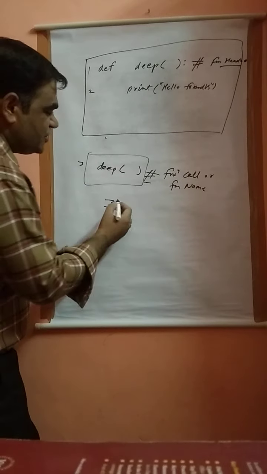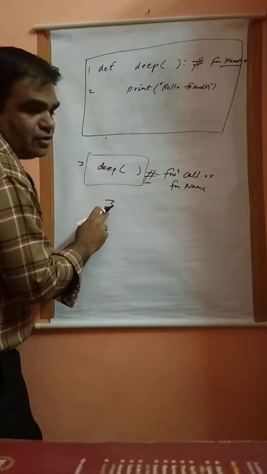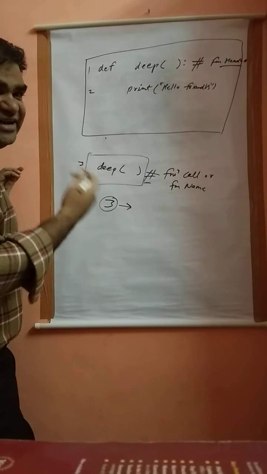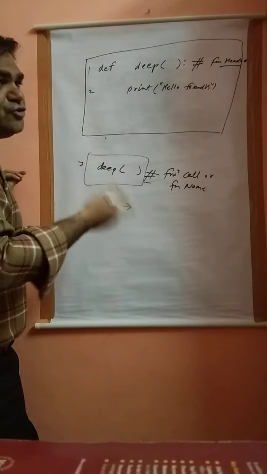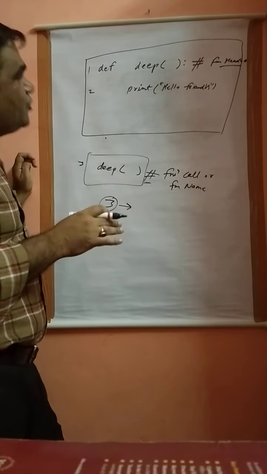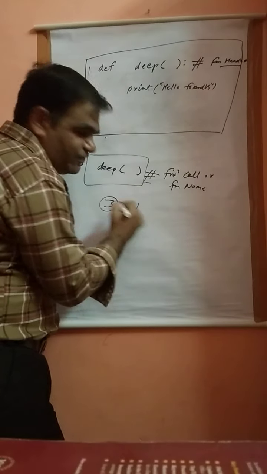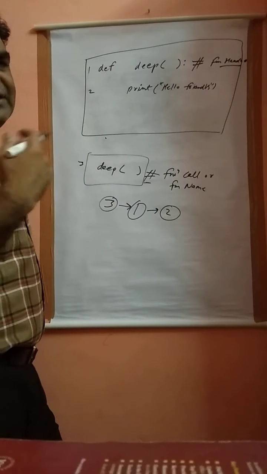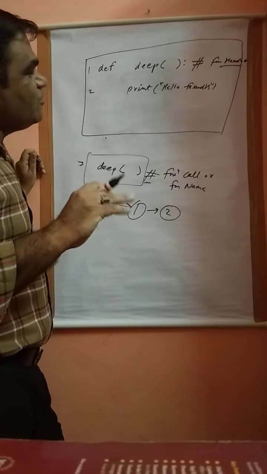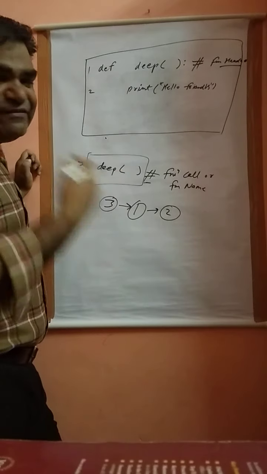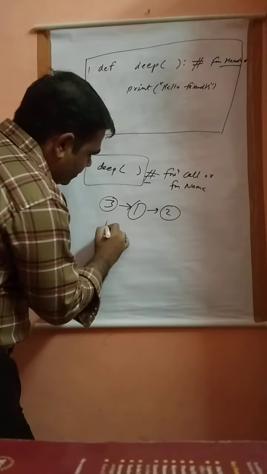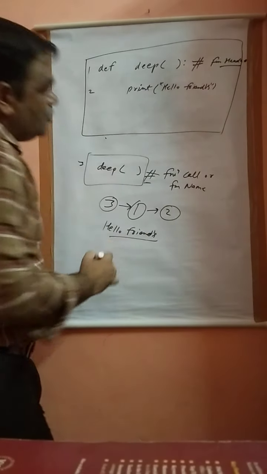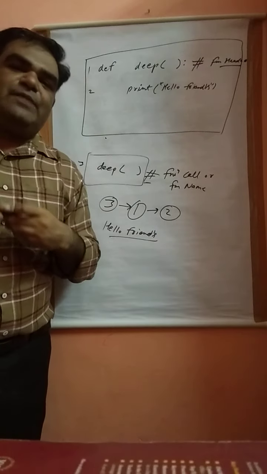So what is the program execution? First our control goes to the function call, so I write here 3, and after that control goes to the function definition. If the names are the same, then it will execute. If the names are not the same, then it will not execute. So it will go to the first statement, and after that to the second statement. After the print statement, the execution of the program comes out, and it will display the message hello friends onto the monitor screen. So this is our program made with the help of functions.